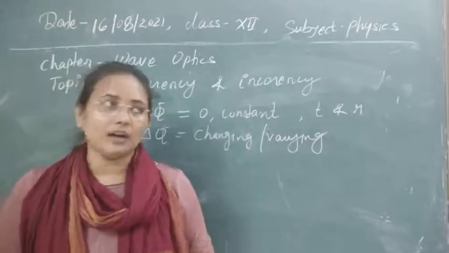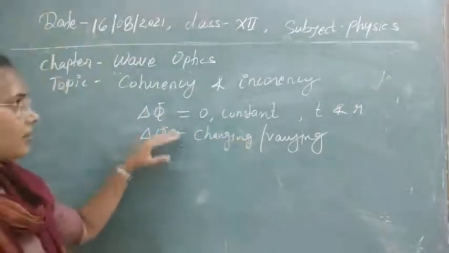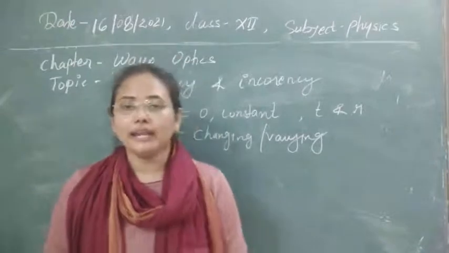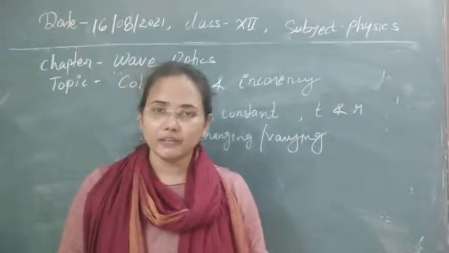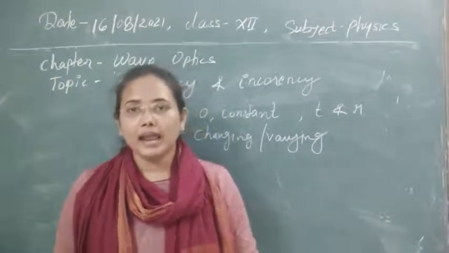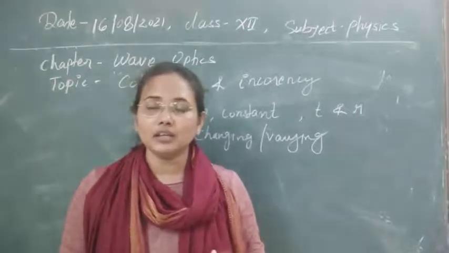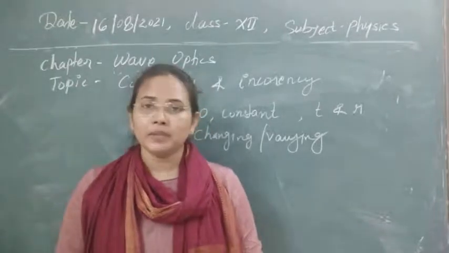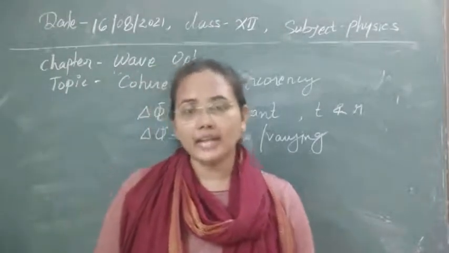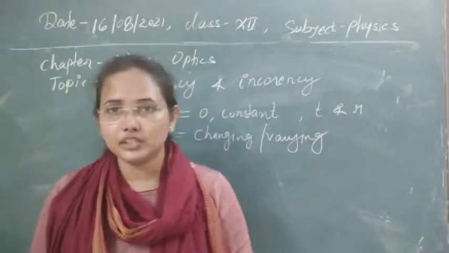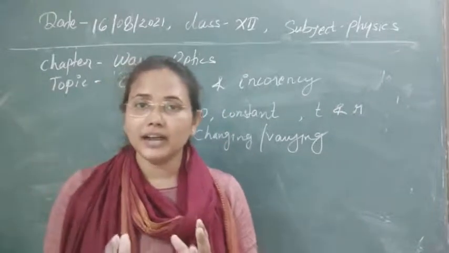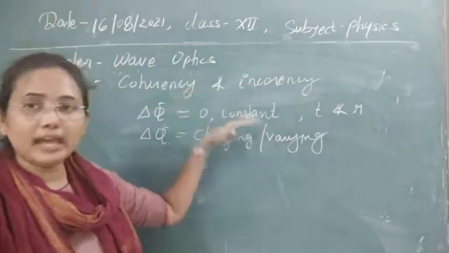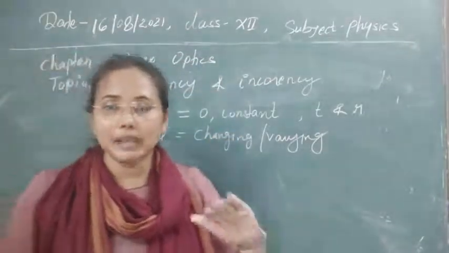If this is now clear, then in the next class, students, we will study the coherent and incoherent addition of light first. What will happen if we add two coherent lights, and what will happen if we add two incoherent lights? How does the intensity of the final, resultant light change for these two different kinds of waves? One wave is incoherent, the other is coherent, with separate properties.